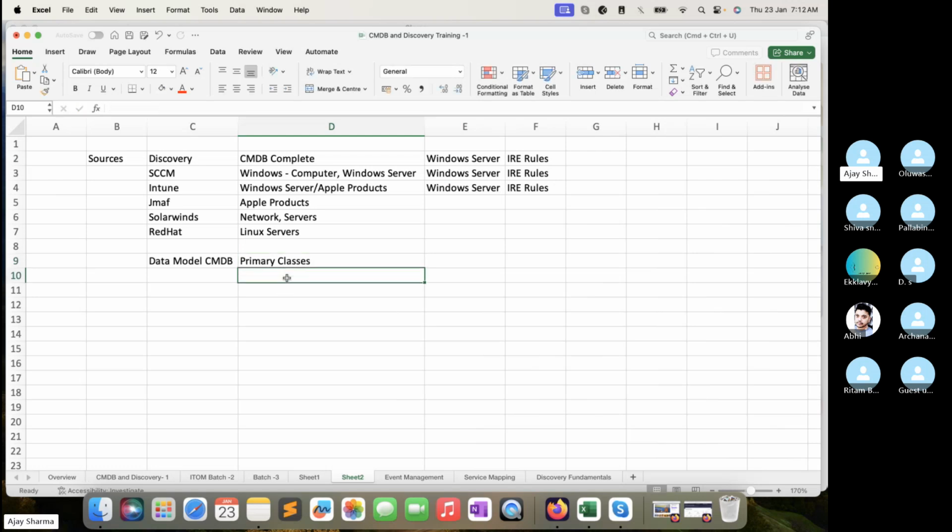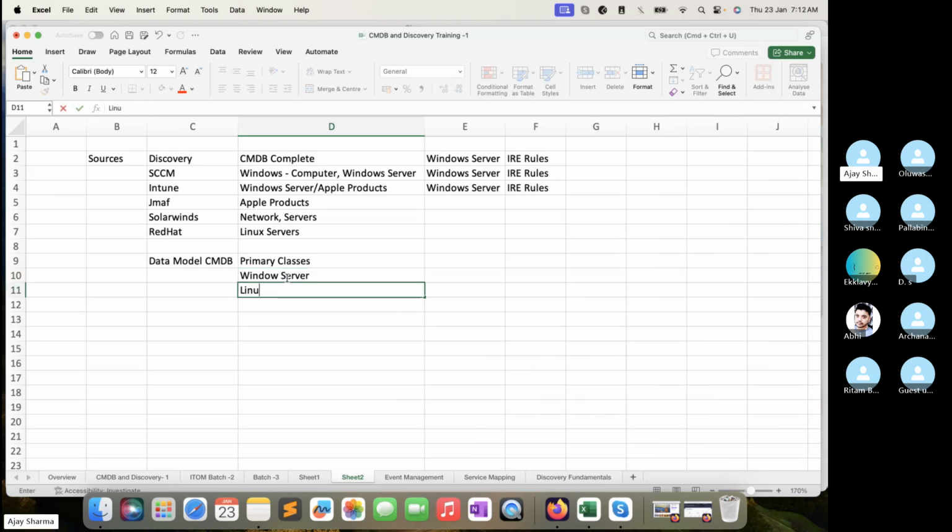Right. So when we identify the primary classes with the customer, based on understanding of the devices available in their data centers, a couple of basic classes come into the picture, which is Windows Server,